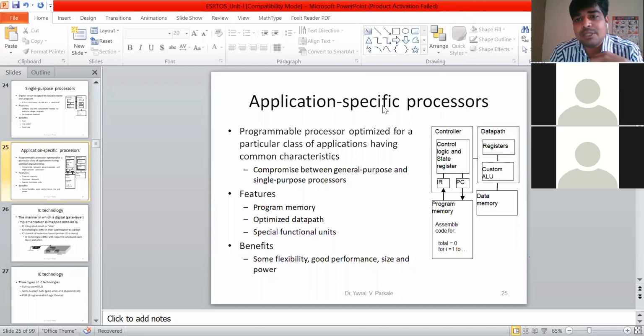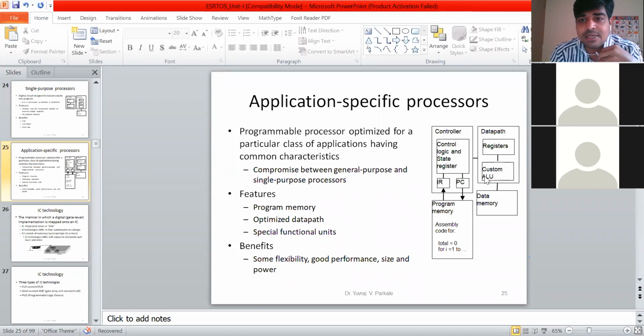So the application specific processor contains all the components that are present in your general purpose processor. The only difference is the ALU. In a general purpose processor, the ALU can perform different types of general purpose operations. However, in an application specific processor, the ALU will perform customized operations only.